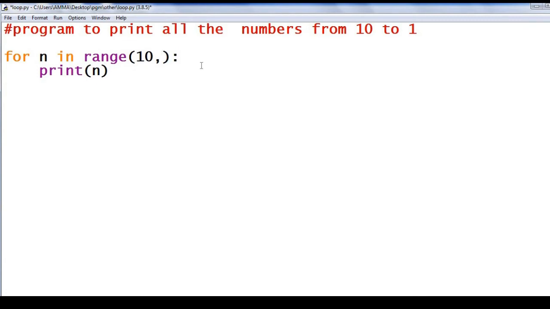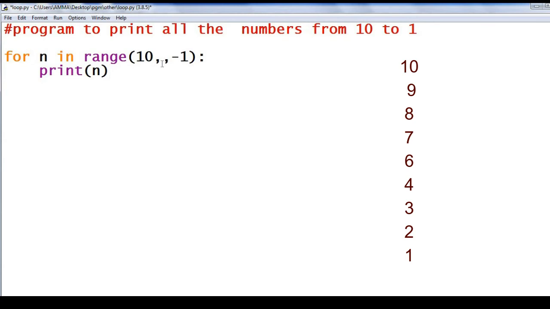Then the stop value I am not mentioning now. What may be the skip value? We have to print from 10 to 1, that is in reverse order. So the skip value is -1. Okay. Then we will see what will be the stop value. It is not 2 as you think. I will show you why. Initially 10, then skip by 1, then it will be 9, then 8, so on, 3, 2, 1, then stop.